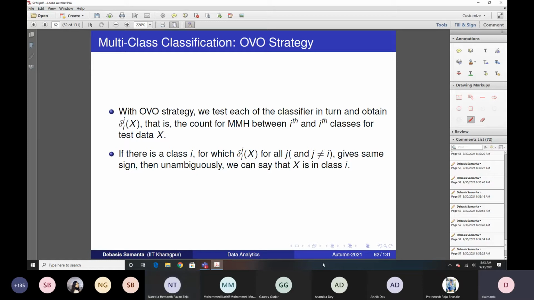It is actually the concept of majority voting, and considering majority voting is not a big issue here. But anyway, both training time and testing time will increase. The idea is that if it is not a binary problem, but multiple classes with only a few classes, then you can think of the OVO strategy. But for a large number of classes, the OVO strategy is really an inefficient method, so we cannot use it.